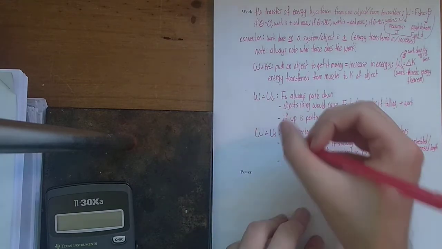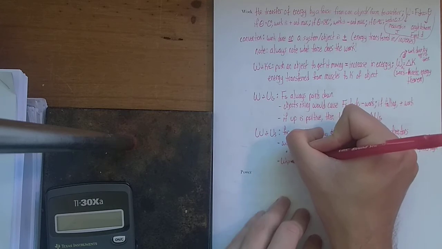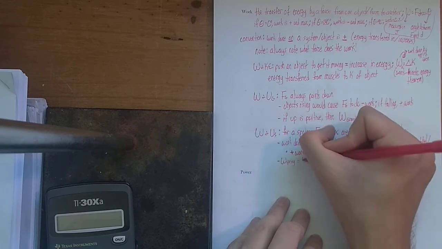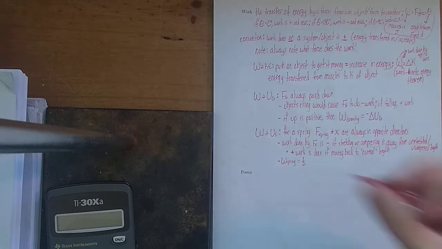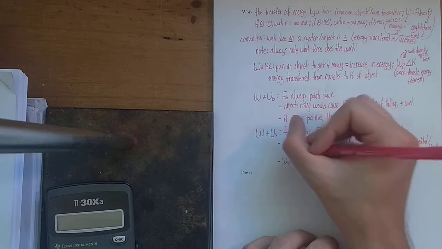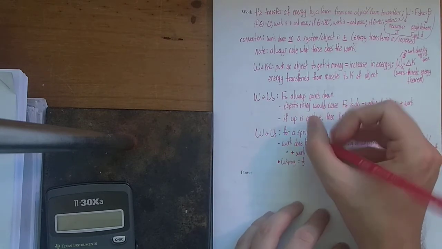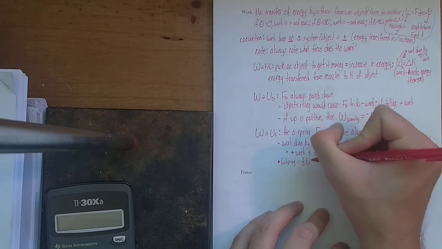And our equation for the work done by a spring is a little tricky. We can't actually use this equation to figure out the work done by the spring as it moves. The reason we can't use this is because this equation assumes a constant force, and that's not the case with a spring. We know that the spring force is equal to k times x. The farther it stretches, the more x changes, and as you stretch out a spring more, that force is going to change. So this equation is an incorrect assumption. Instead, we have to rely on this equation. Work done by the spring itself equals 1/2